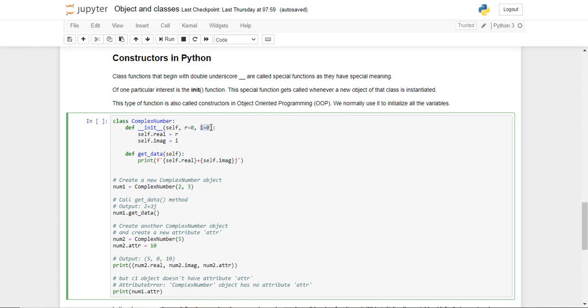Now self is really important because whenever we are instantiating an object, this object itself becomes the first argument passed to a function when we invoke a function that belongs to a class. This is a little difficult to understand. I'll explain it in a little more detail, but remember that this self is important when you are defining a function within a class. I'll go back up and show it to you.